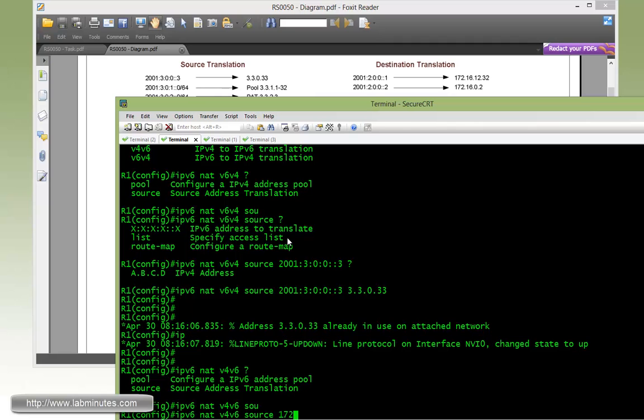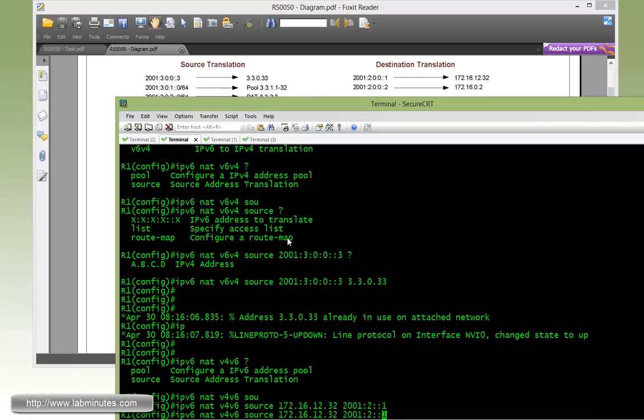Source is 172.16.12.32, that's the IP of our DNS server, so let's take care of that first. It's mapped to 2001:2::1. Okay, and let me just do up arrow here. Instead of 12.32, we want to do 02, which is our second translation, v4 to v6,